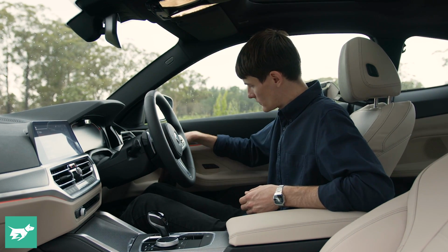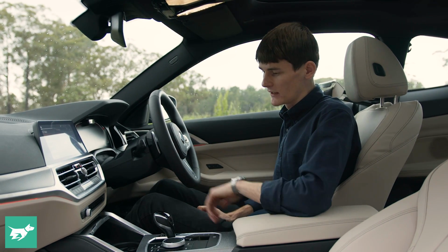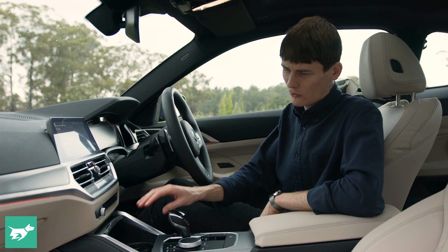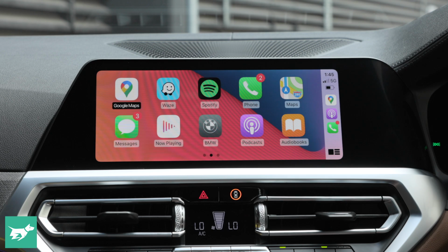You do have some bins in the doors, which are a good size for a smaller bottle, and you've also got these cup holders under this covered section here, where you've also got wireless phone charging as well. They're not great if you've got a tall thing, because they then impede the general usage of here. And actually, while we're on wireless